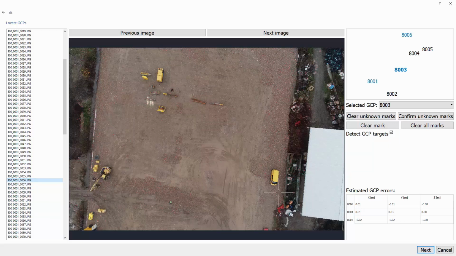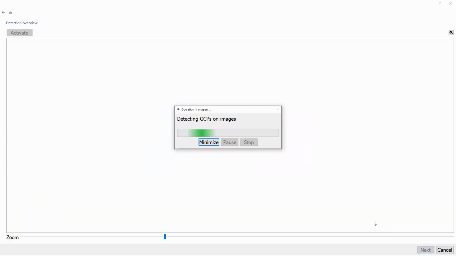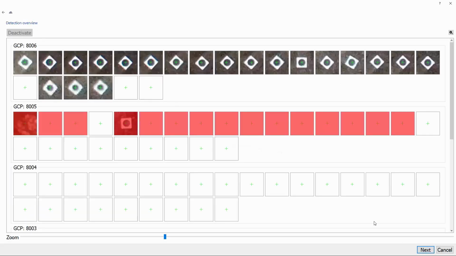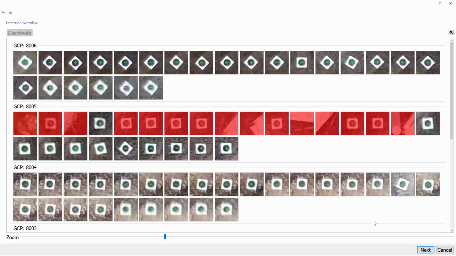Also, because we were using 3Dsurvey targets, we should make sure the Tag GCP target box is checked. Now what we do is click Next and wait for our GCPs to be detected. Now we are sent to Detection Overview, where we center the targets. We can see that the targets of ground control point number 8006 are already perfectly centered, but not so well